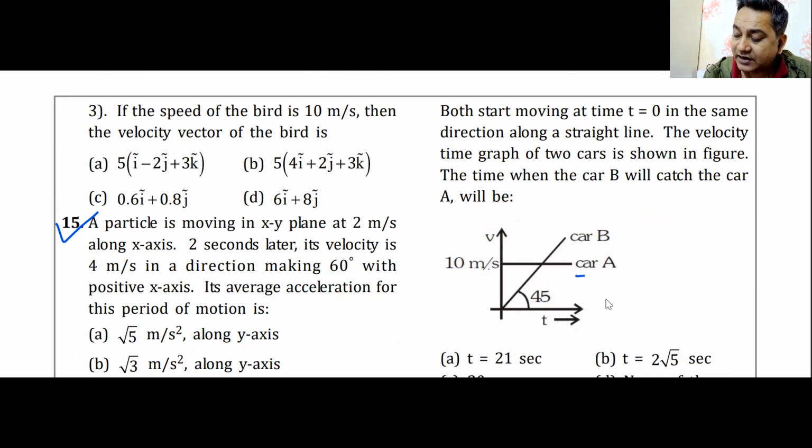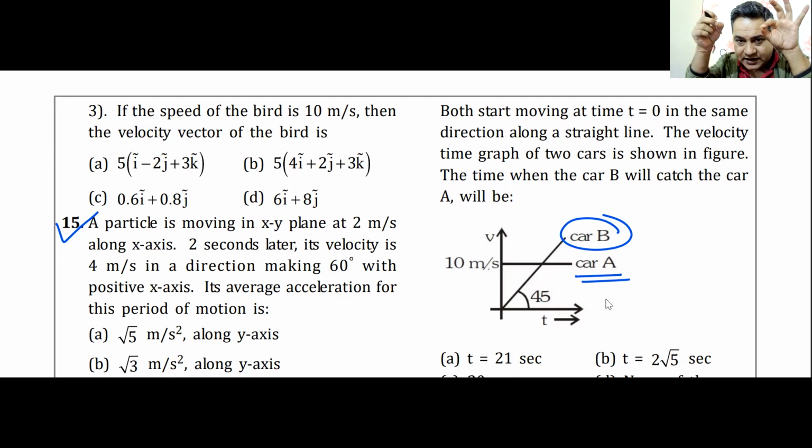So you can see car A is moving with a uniform velocity, but car B is moving with a uniform acceleration. This is a question of relative velocity. If you become car A or you become car B, car A or car B will not go anywhere. We have done this question many times. So you either become car A or you become car B. See, this is car A, ahead, this is car B, behind. If you become car A, A does not go, car B will come forward. That is the easier one to do. I always do it that way. So I'll become car A.